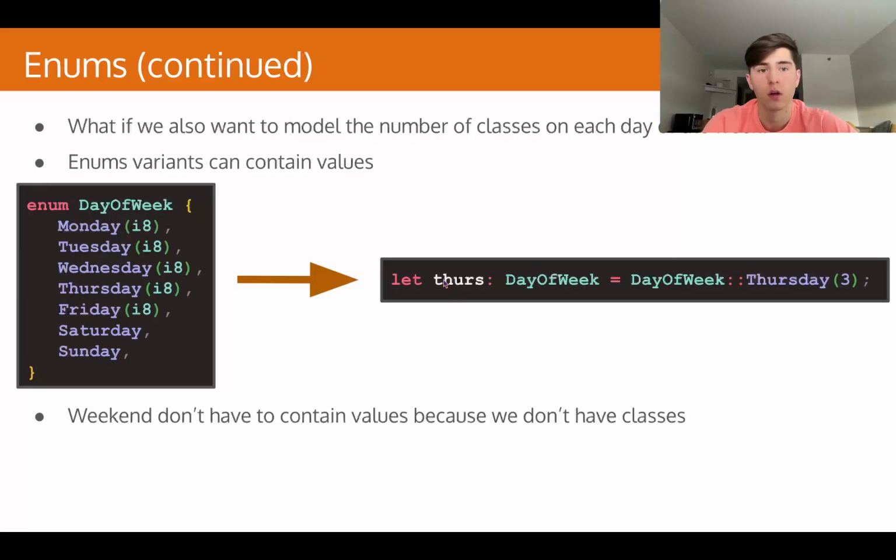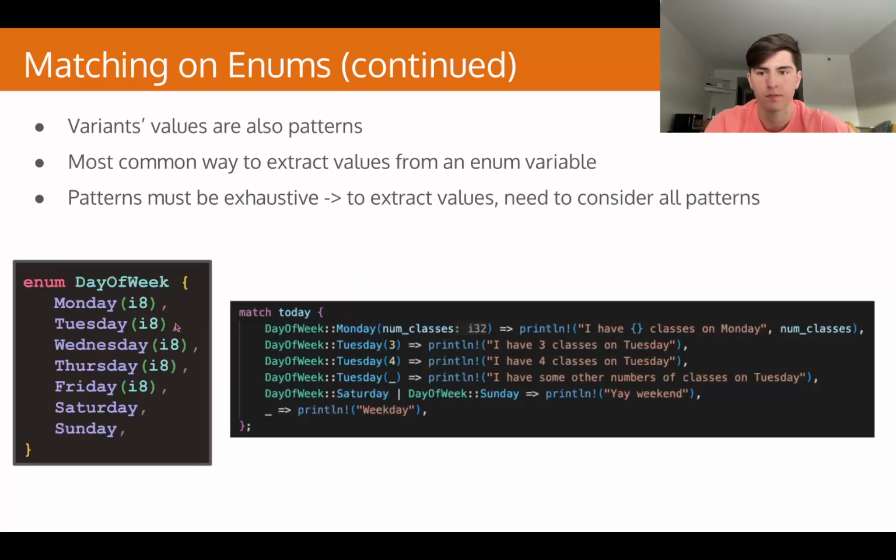So, this is an example of defining variants. We can do as such here. We can keep an integer counter of the number of classes we have each day. Like here, we can define Thursday as day of week Thursday with the value 3. And we just don't have any values here since we don't have classes on weekends. Then we can